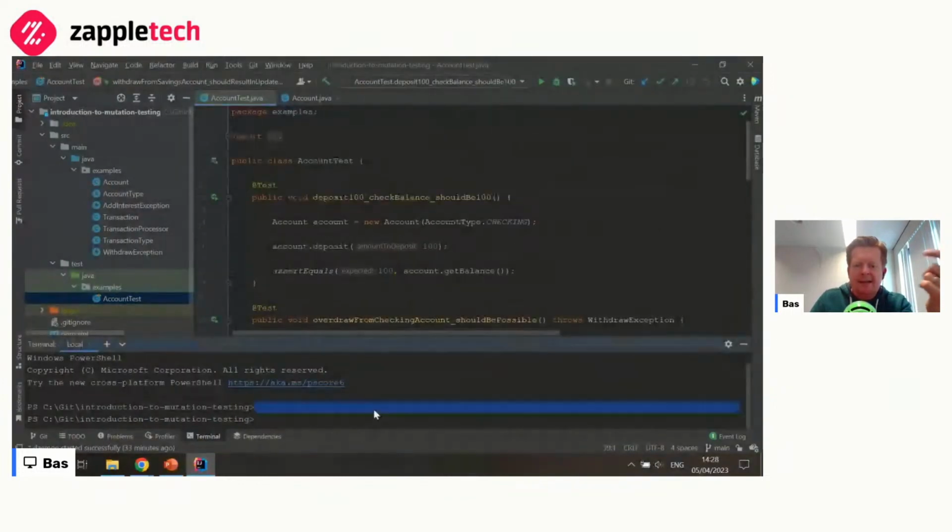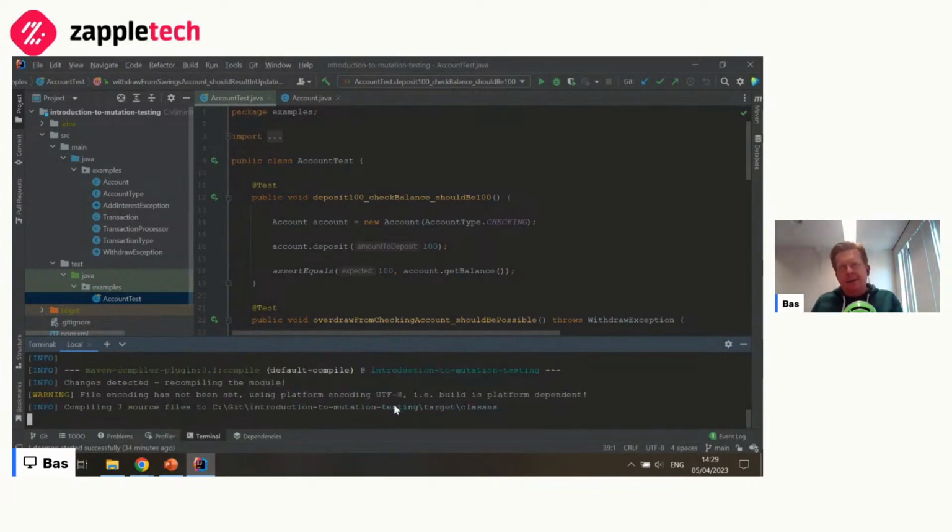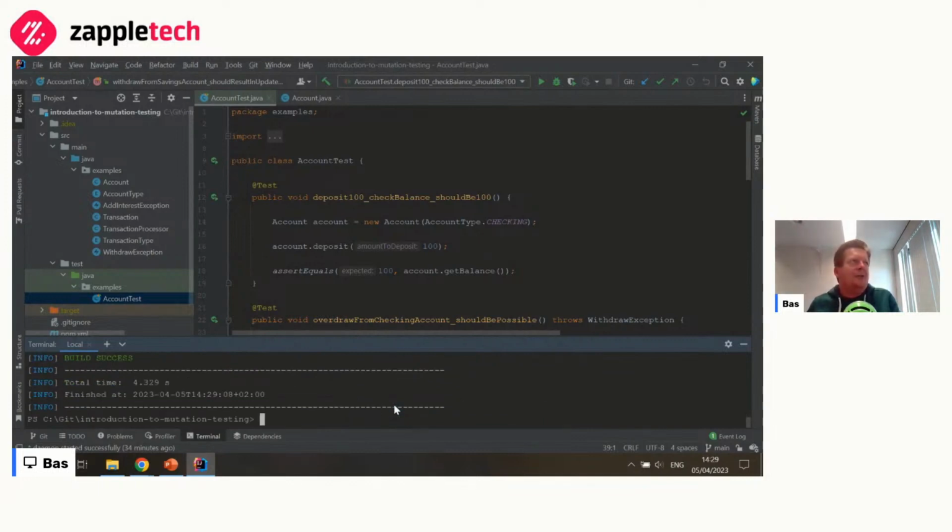And let's see. So the first stage in mutation testing is always just check if the tests are passing. Because if your tests aren't passing, it's useless to run mutation testing because, well, how are you going to determine the quality of a test that's not even passing in the first place?